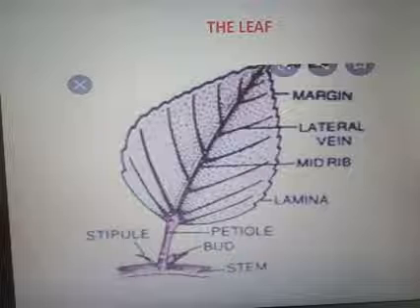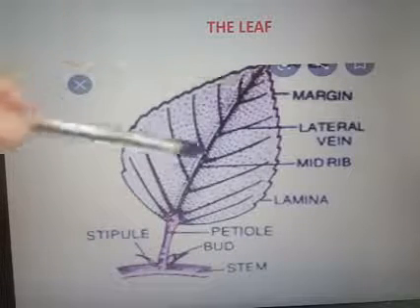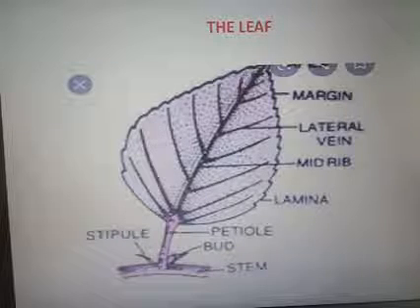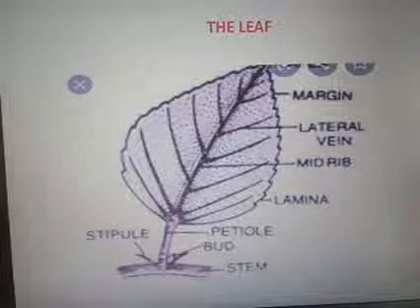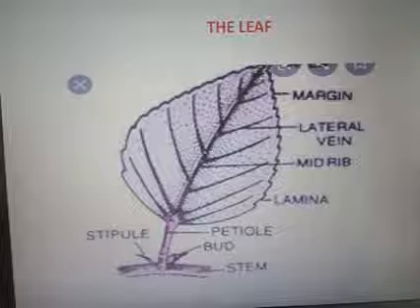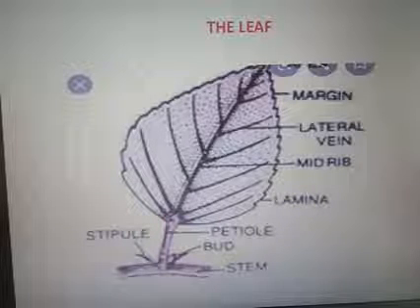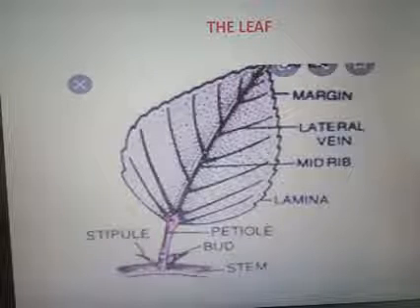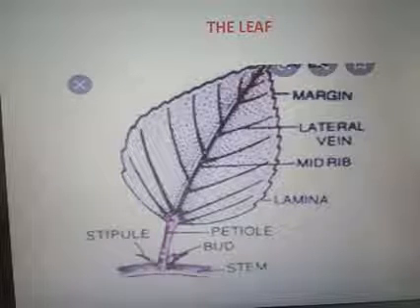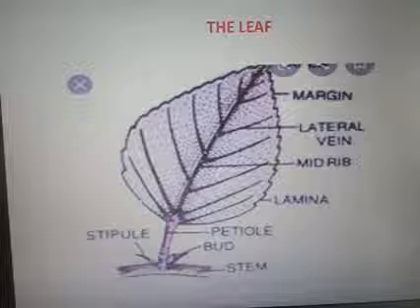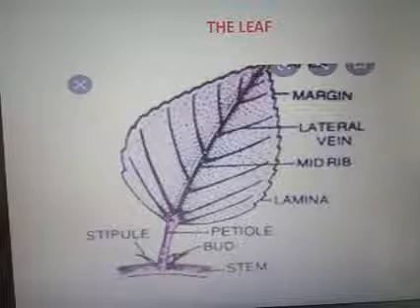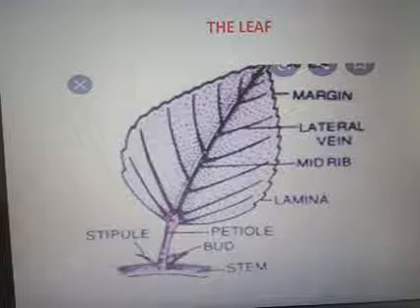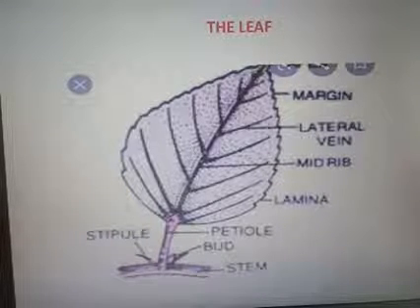Okay, so here, this type of venation is known as reticulate venation. But in the monocot plant, they show parallel venation. When we observe the leaf of a paddy, we can see the parallel venation. So leaf lamina, otherwise known as leaf blade, is the green expanded photosynthetic part of a leaf. Vascular tissue is formed of midrib and the branches of veins. Venation is reticulate in dicot and parallel in monocot.